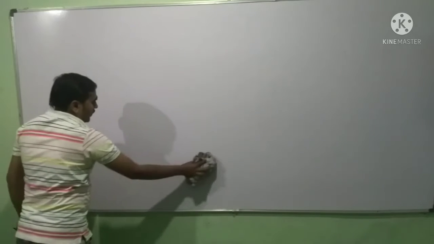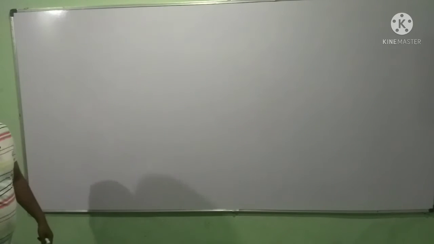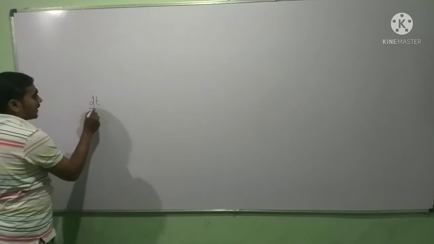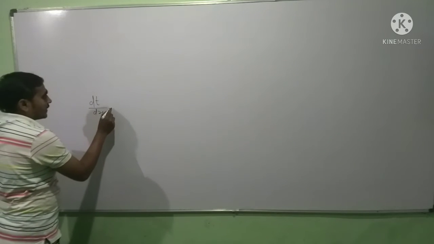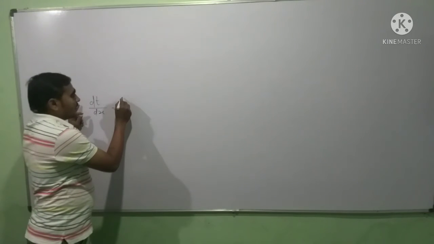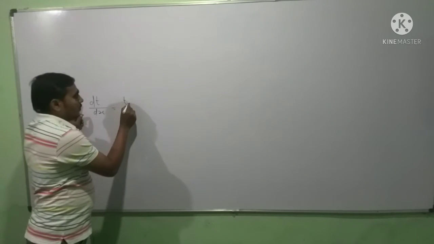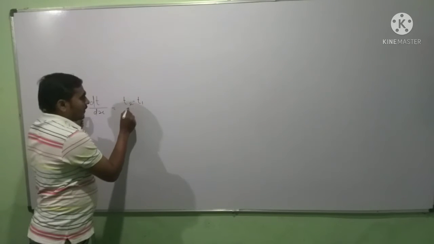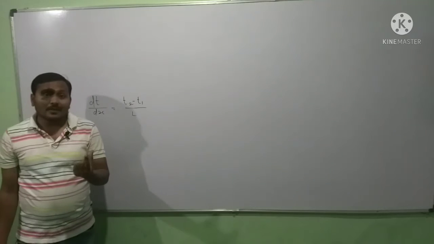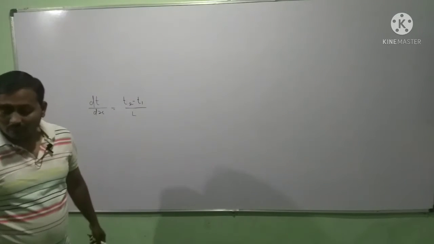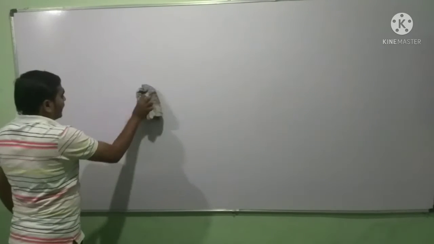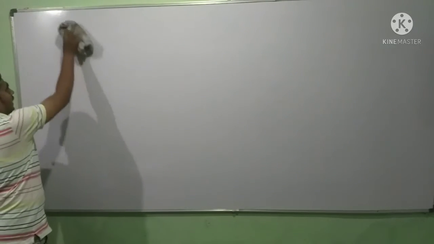And friends, you should know temperature gradient is what? Temperature gradient is nothing but dT by dx, whereas dT is temperature difference. We always give final temperature T2 minus T1 divided by dx, nothing but length or thickness of that plate. And we will see another numerical on this same topic, and that is